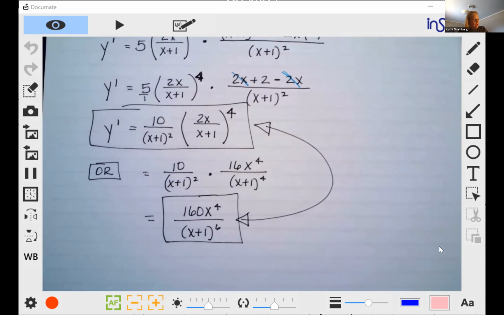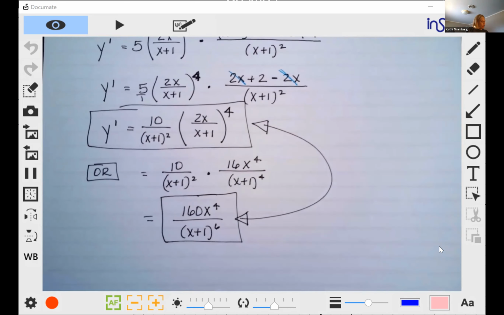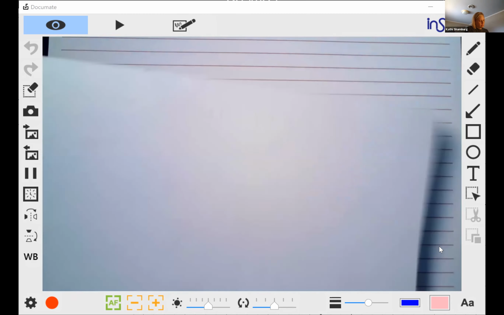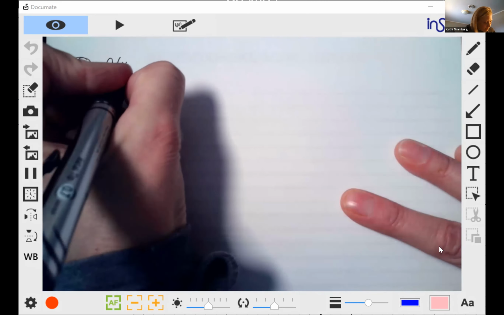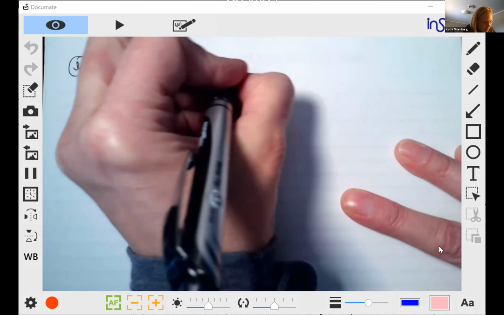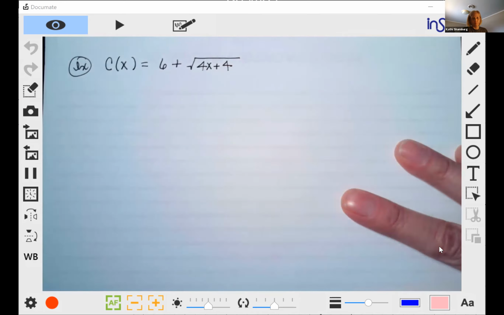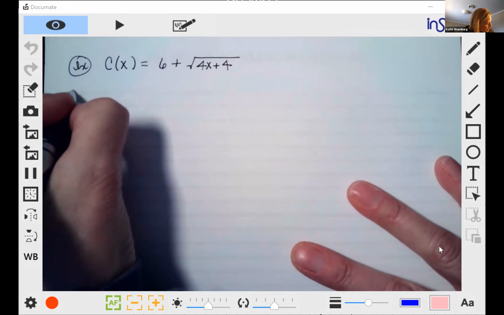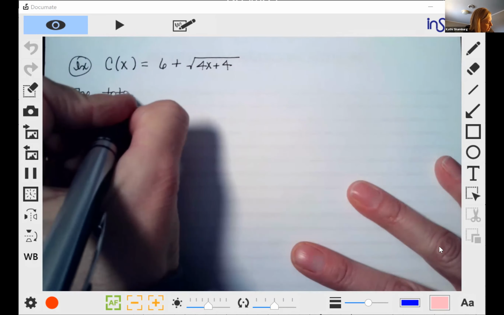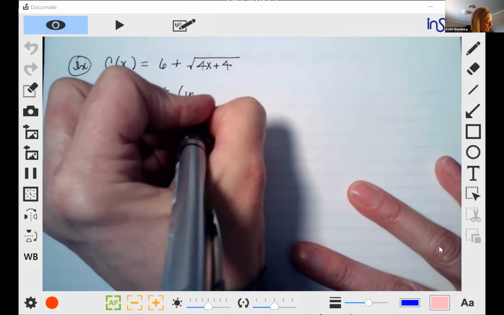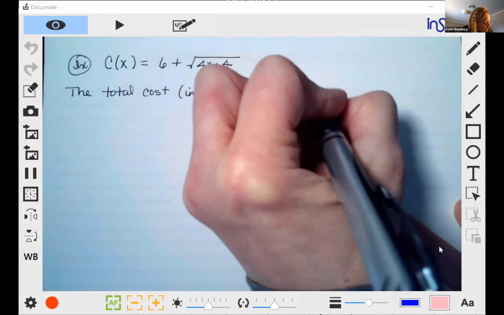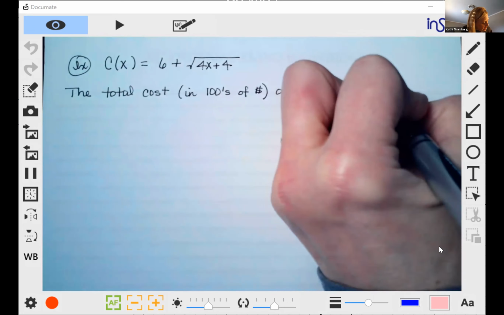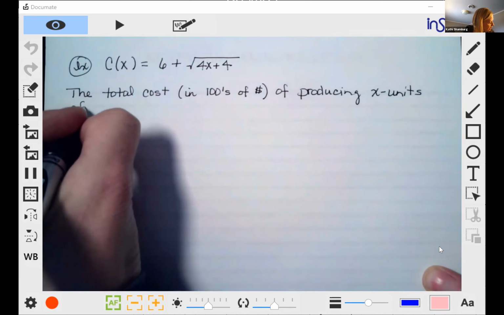Okay. All right. So now we're going to do a cost application problem. All right, so I'm going to give you a cost function, 6 plus the square root of 4x plus 4. Okay. All right, so this is the total cost in hundreds of dollars of producing x units of a product